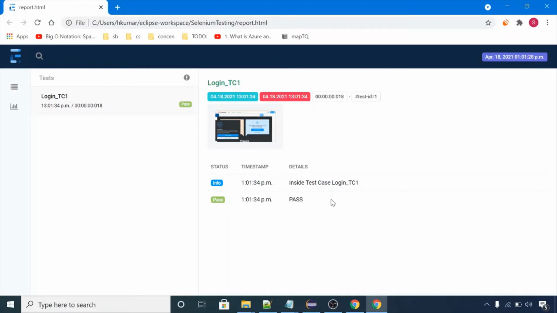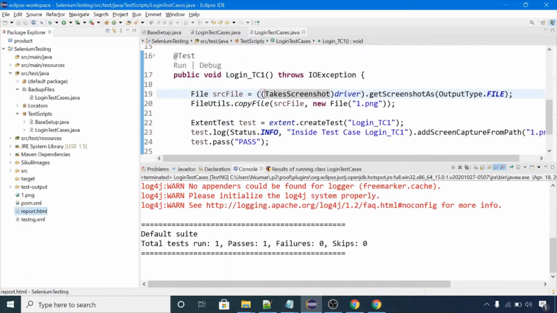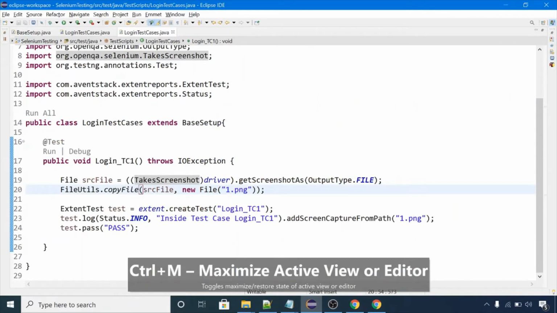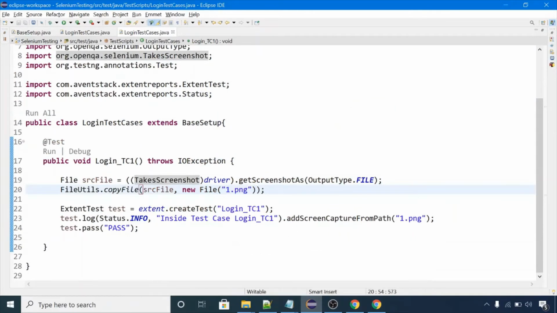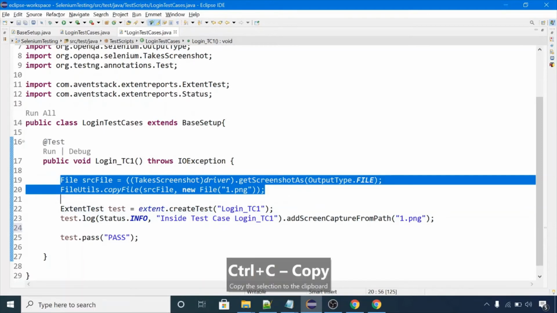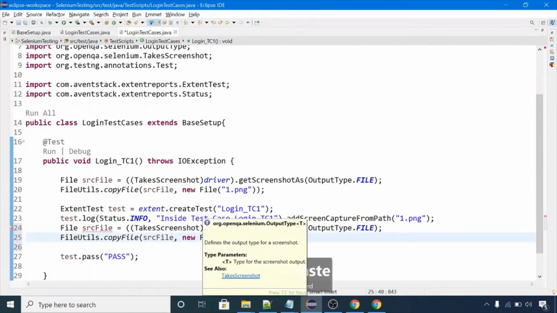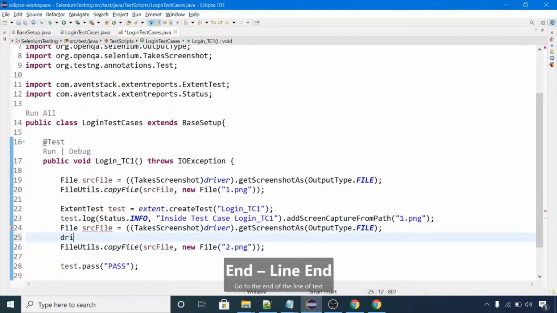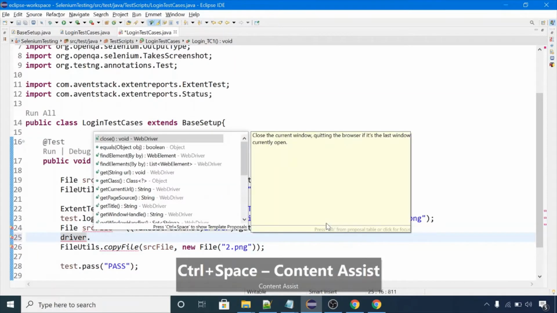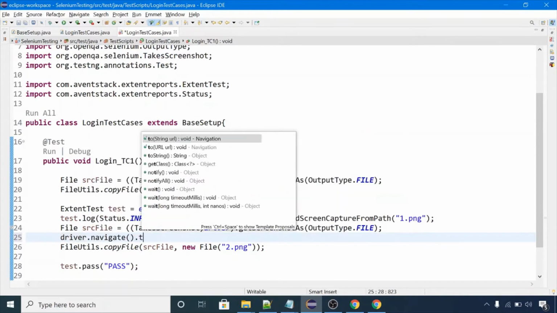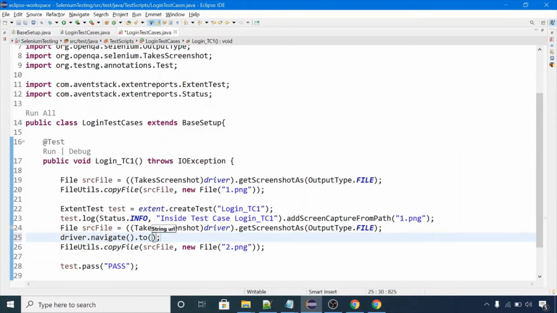For that we need another class. Let me show you. Right now we're just using this addScreenCaptureFromPath. For that, let me take another screenshot here. Let me copy paste this code, 2.png, and before that we will move to driver.navigate().to, and we will pass the google.com page.